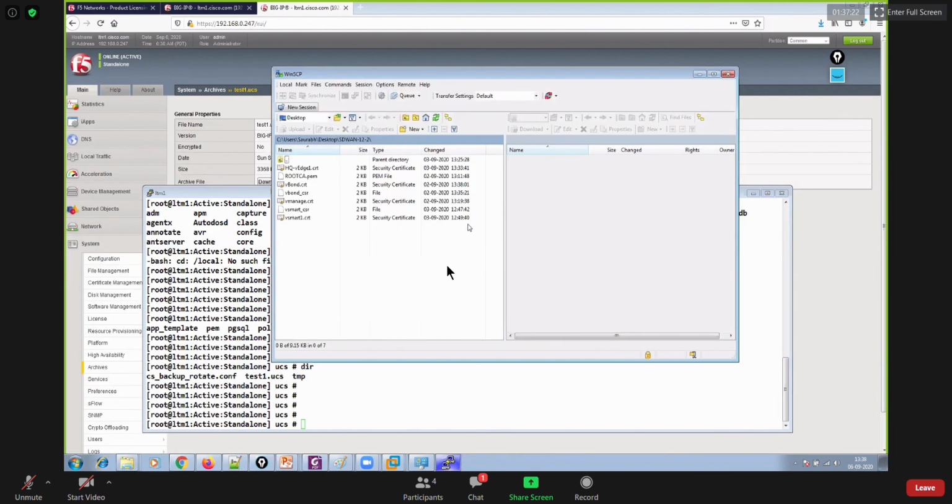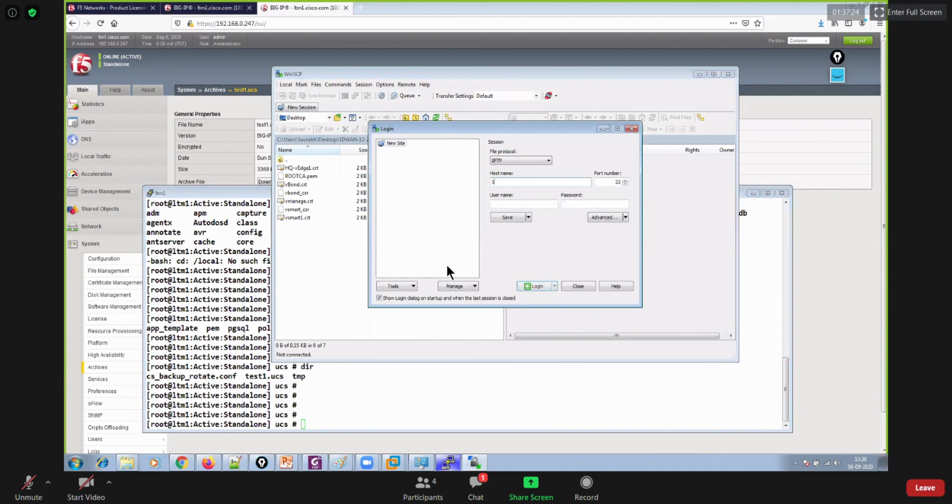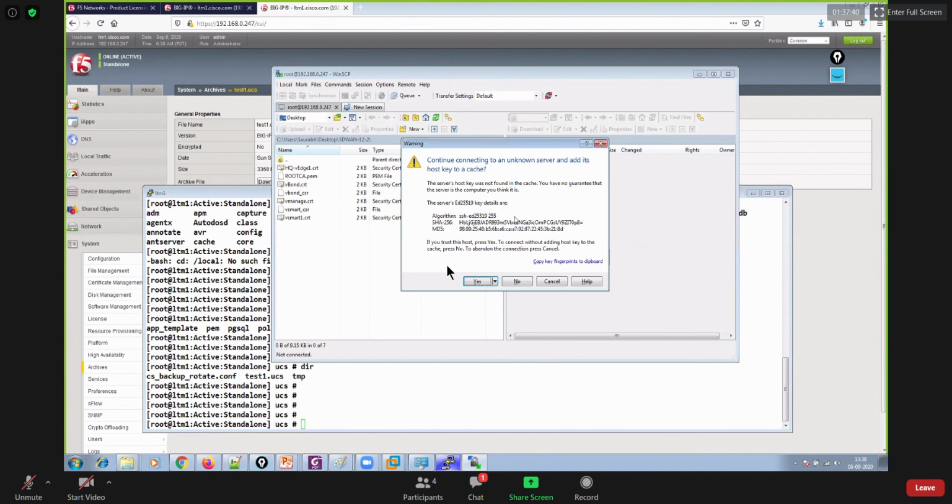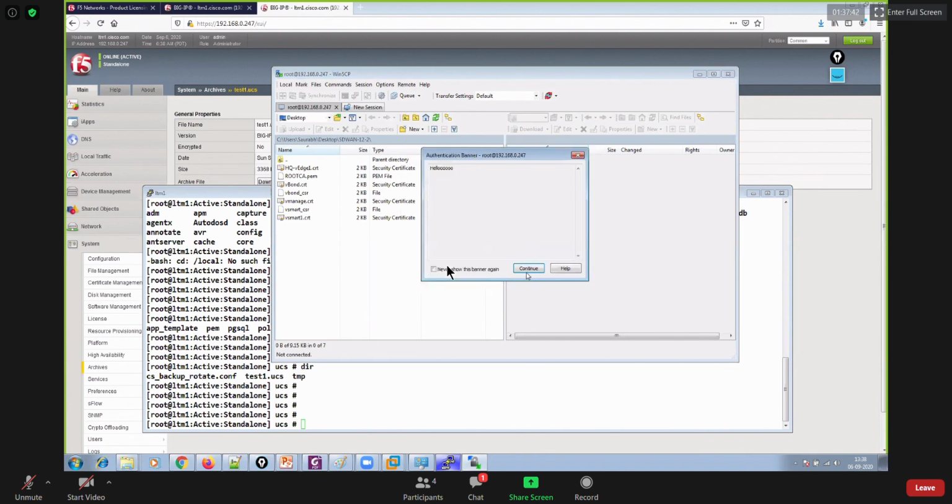So open your WinSCP and access it using its IP address, 192.168.0.247, and then user ID is root, right? And then password is imedita@123. Okay, so that's how you could access it.